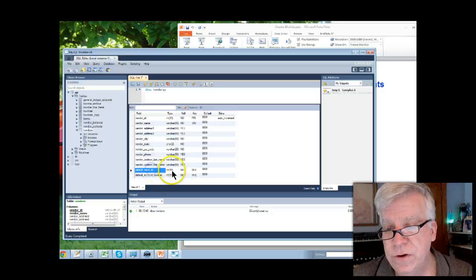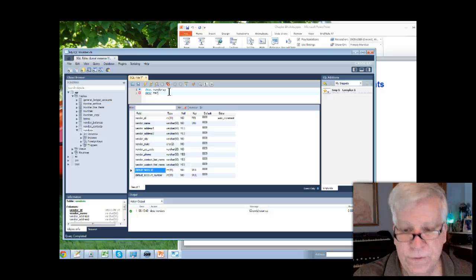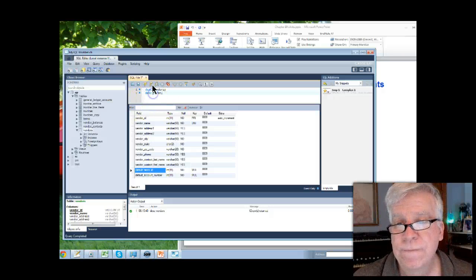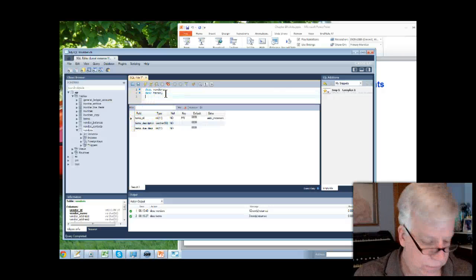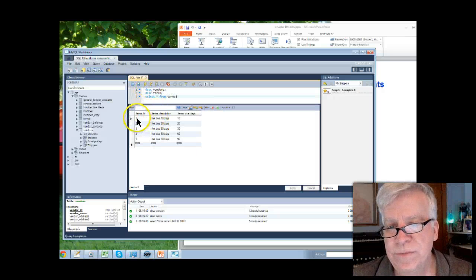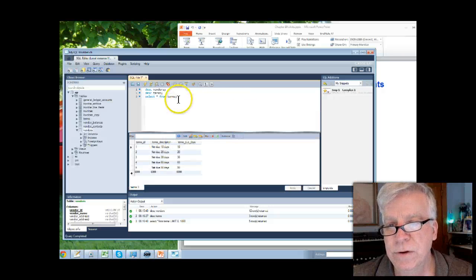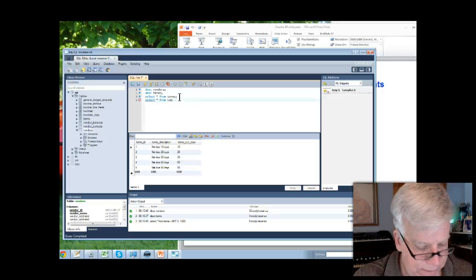Well, there's a terms ID, and that refers to the terms table. So if we describe terms, we see that we have a terms ID, a description, and a due date. And if we actually select star from terms, we see that we have terms ID, a description, and the number of days that are actually due for those invoices with that terms. So now if we go back and select star from vendors,